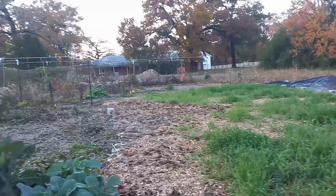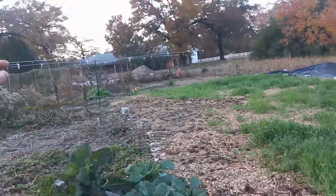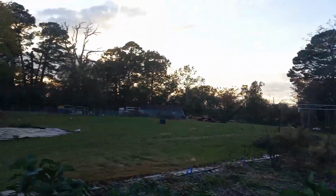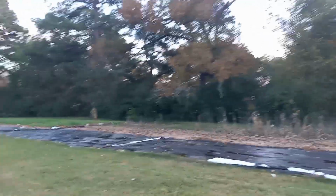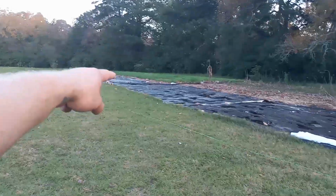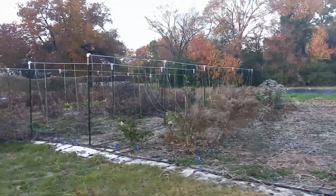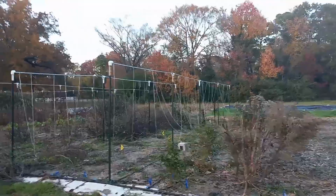So this is what we will call plot A. This is our first quarter-acre organic market garden, and the other one you could see behind me over here. So we are, now that we finally had a strong enough freeze, actually, you can see a cover crop back there. You can see a few more of our tarps. This is the secondary quarter-acre organic market garden. Quarter acre doesn't sound like a lot until you put it in perspective, but